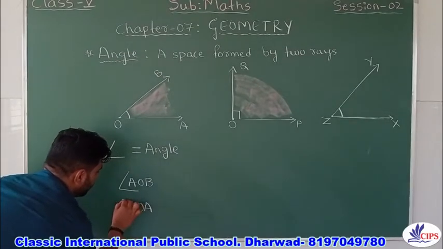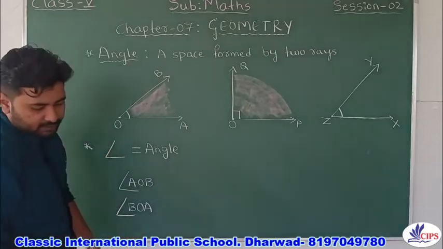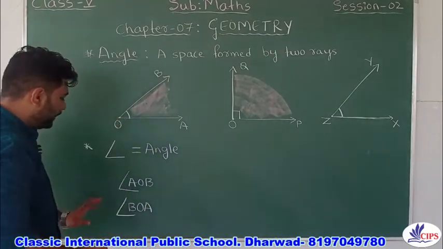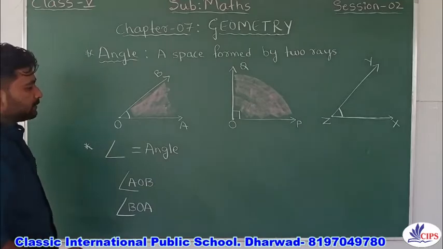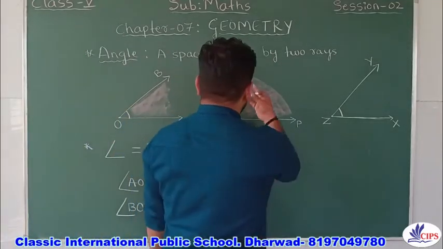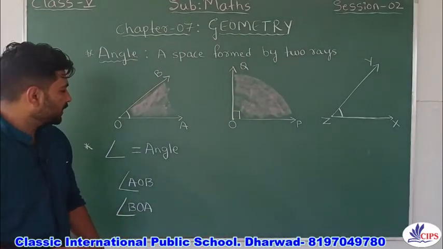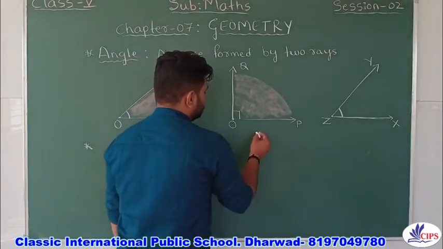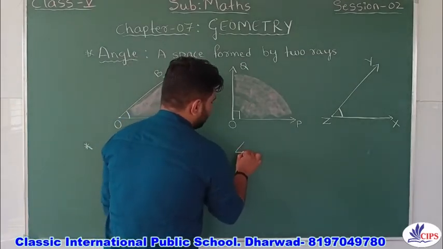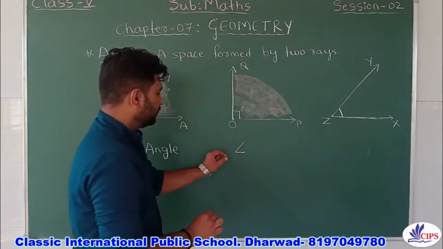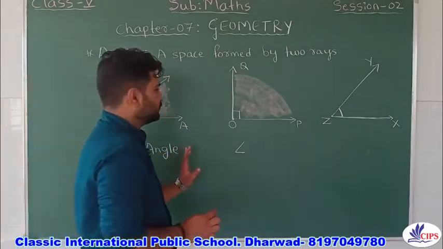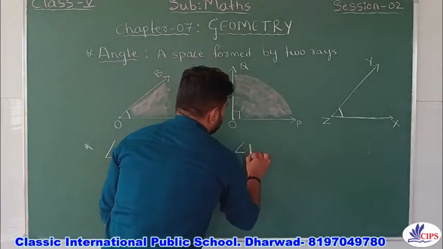Angle BOA. See, this is how we are going to indicate this. Sometimes, what about this? How do you write it? Angle, even if you write the symbol in a very small size, that's also fine. That is angle